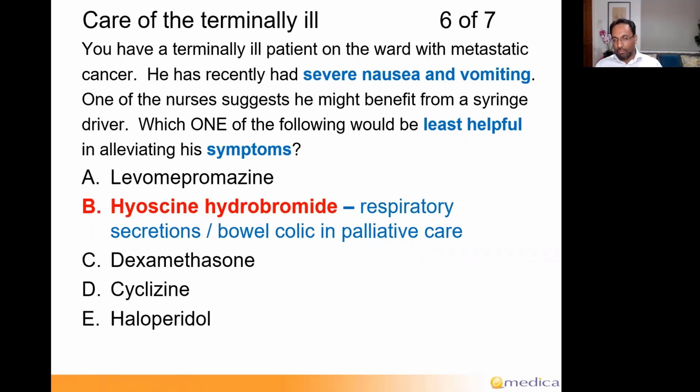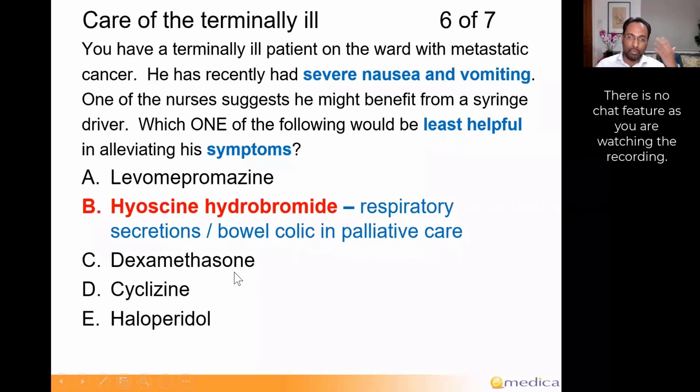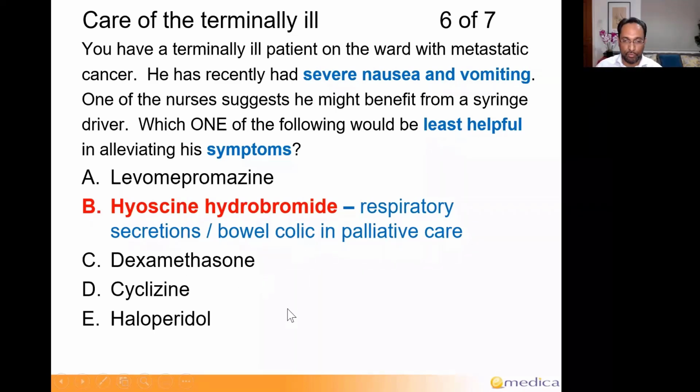Okay. So again, let me know in the chat, is there anyone that actually just missed the fact it said least helpful and thought, okay, you know what? I've seen patients who've got brain mets, for example, and dexamethasone is quite helpful for that. Or I've seen patients where they use haloperidol IV or in a syringe driver, and that can be quite useful to calm their nausea and vomiting in a palliative setting. Or, cyclizine, lots of people use for nausea and vomiting. Or, this in a syringe driver goes quite well with certain other drugs. Again, is anyone that did that?